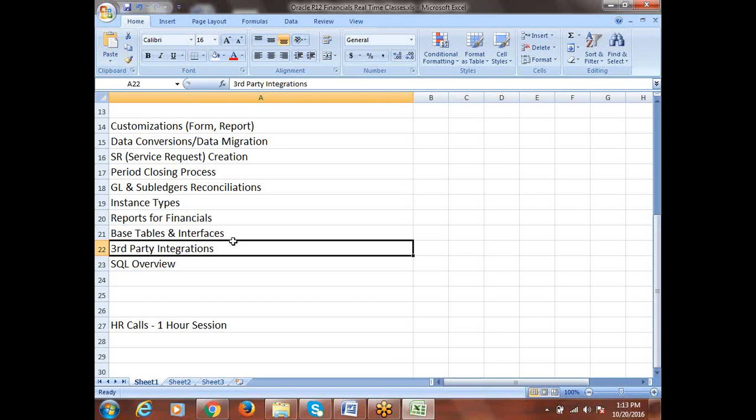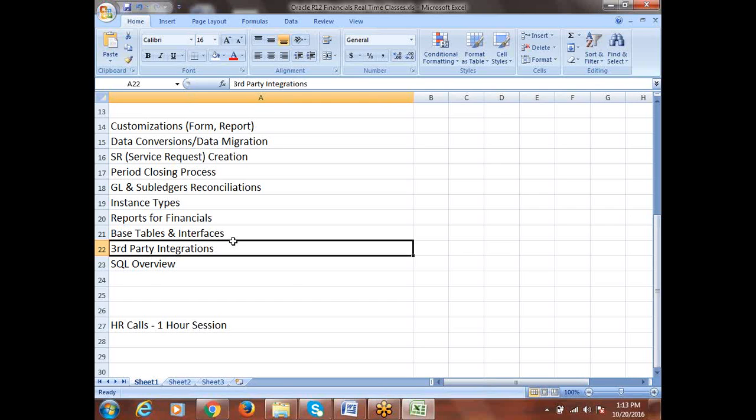What we have seen is creating the expense report within payables and converting the expense report into an expense report invoice. That is one case. In the other case, if the client is going to use the iExpense application, they'll be importing from iExpense to payables.